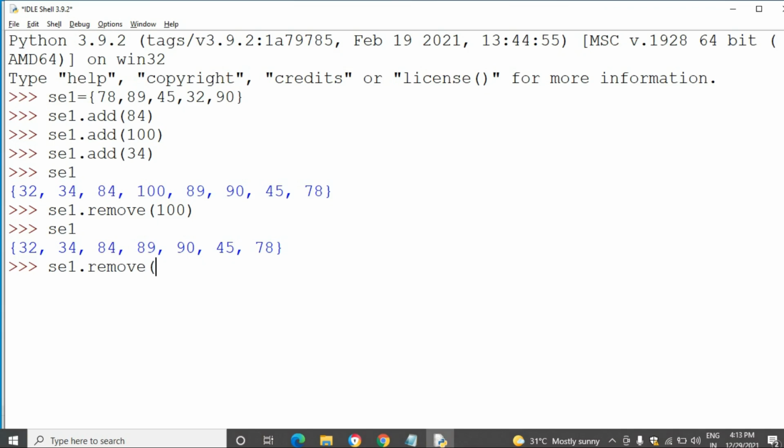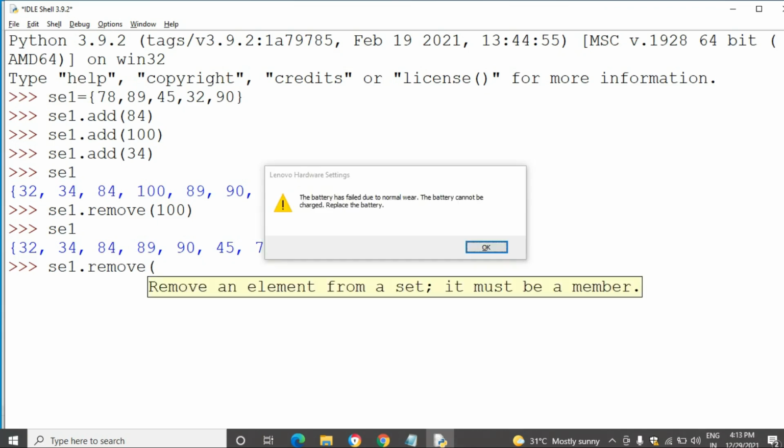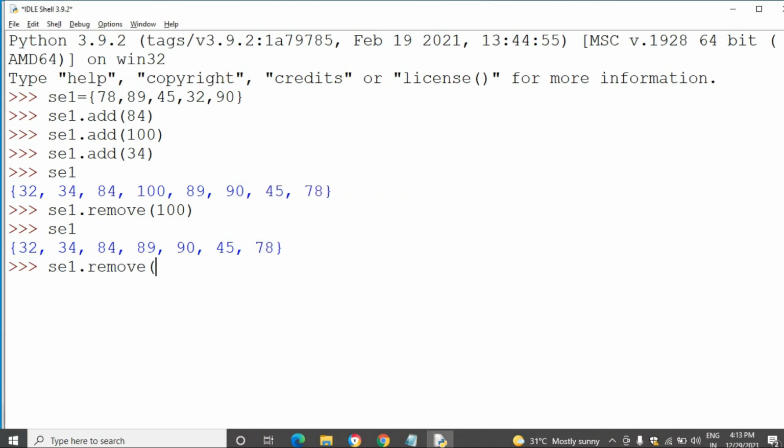Then the next one, set1.remove(34). See, the 34 has been removed.